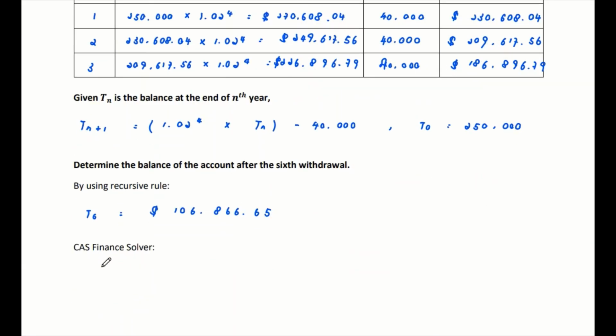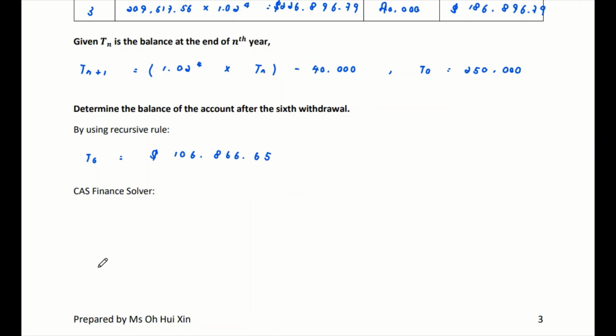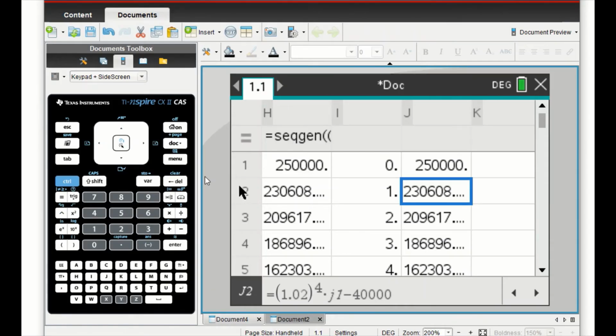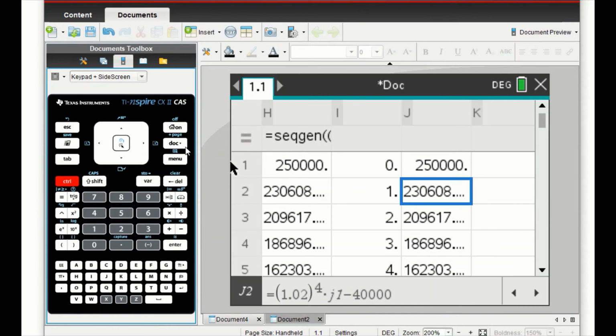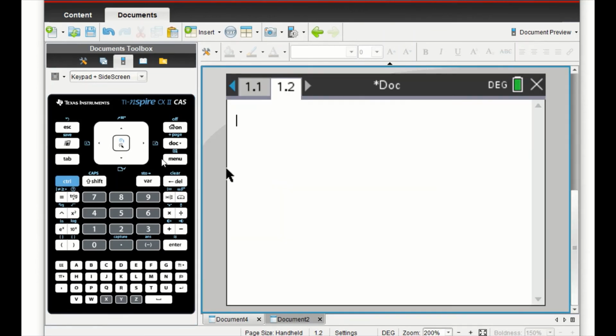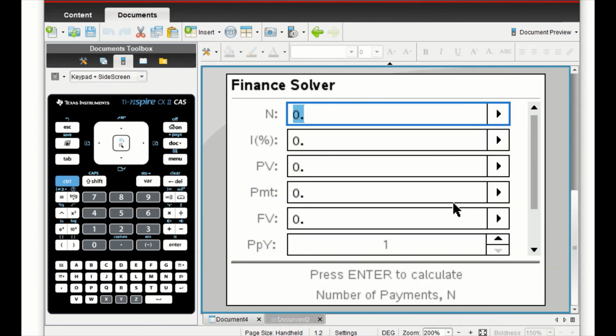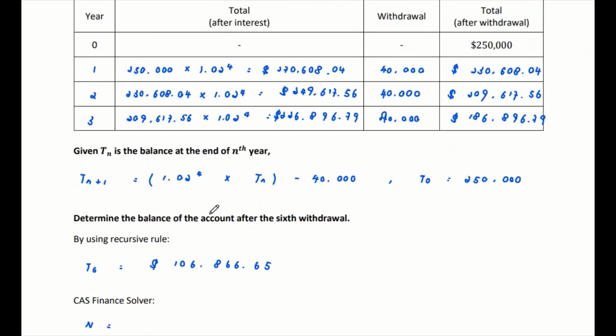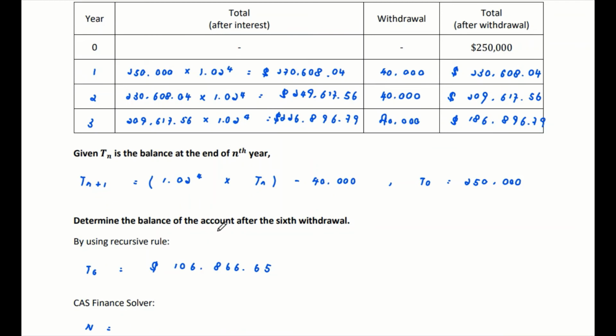Okay, if let's say we are using our CS Finance solver, how can you do that? Same thing, the N. How many payments are made? Remember, because our CPY and PPY are different, make sure that your N always refers to the number of payments. Let's open another page. Menu, then go to your finance solver. You can see that your N here stands for number of payments. So remember that although the interest in this case happens quarterly,